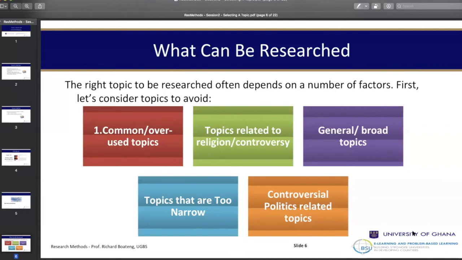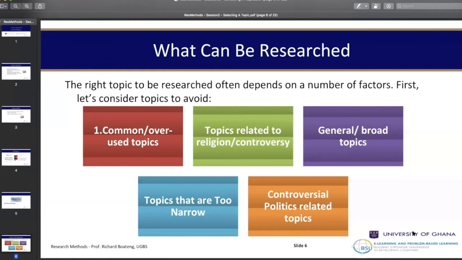Okay, and then sometimes students choose topics which are political in nature. It means that there's a lot of discourse on it in industry and in the media, and there's a lot of contention. By the time you finish your study, maybe the views would have changed and your study will look flawed. So it's advisable to stay away from topics which are too controversial. If you're a political science student, I don't have a problem. If you're doing political marketing, I don't have a problem. But ask a relevant question that is not swayed by the media.